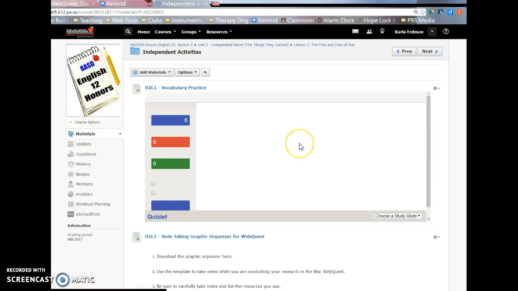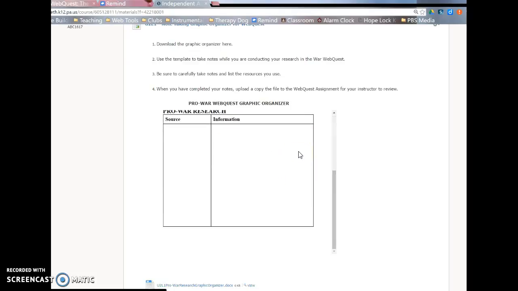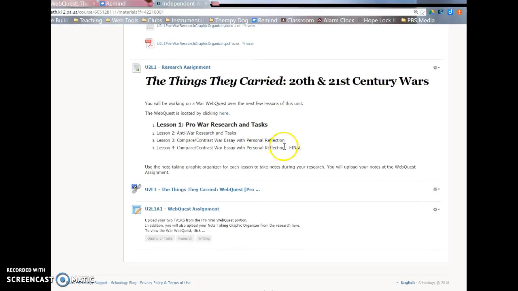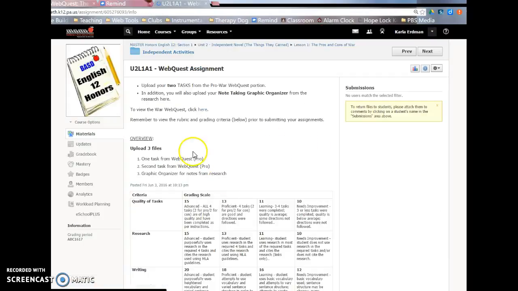After going through all of that, taking your notes, looking at the web quest, you do have the assignment. This is where you will upload your 2 tasks from the web quest. In addition, you will upload your note-taking organizer from the web quest. That includes the research. Remember, we talked about it in class that the research is going to be used at the